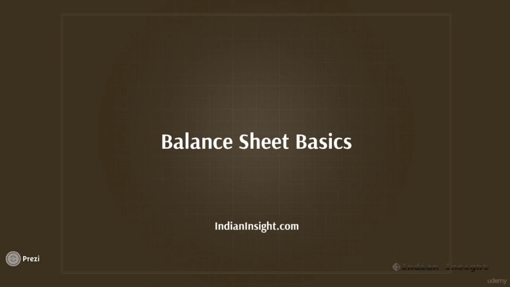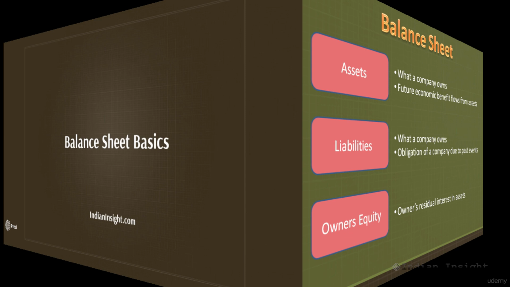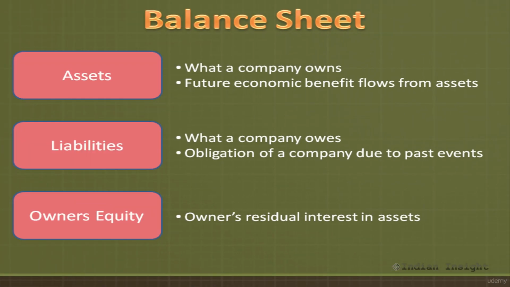Welcome back. Let's start by understanding an important part of the financial statement of any company, which is the balance sheet. Now, the balance sheet presents a company's current financial position by disclosing the resources the company controls. These resources are called assets. The balance sheet also discloses the company's obligation to its lenders and creditors, and these obligations are known as liabilities. The financial statement also discloses owner's equity, which is essentially the excess of assets over liabilities.